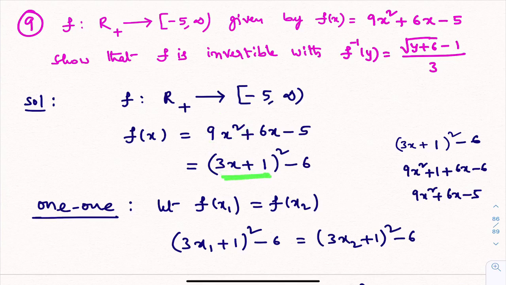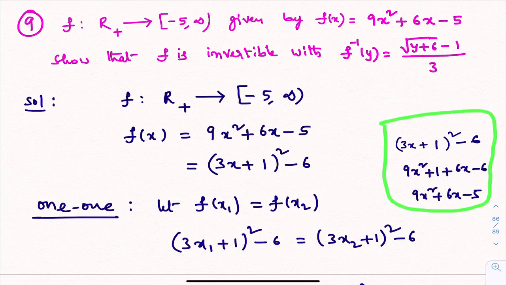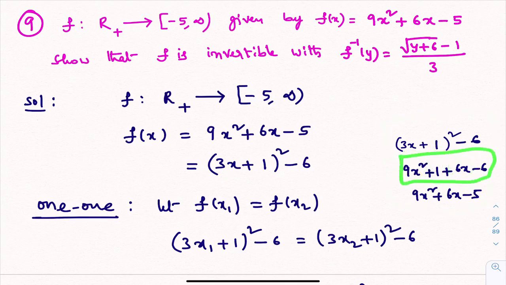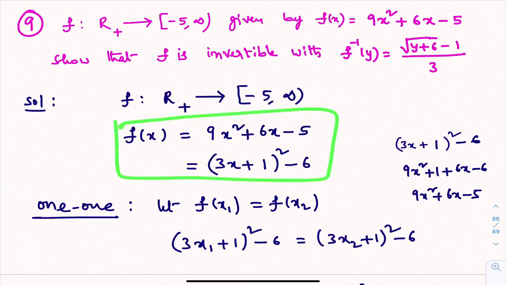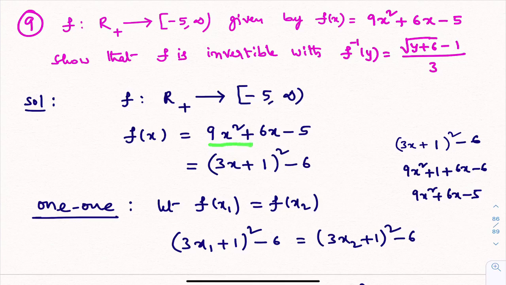When you expand this, you see here, I have written 3x plus 1 whole square minus 6. Expand this: 9x square plus 1, 2ab, 2 into 3x is 6x, minus 6. Please try to understand. When I expand this, I am getting this. Further, you simplify this: 9x square plus 6x plus 1 minus 6 is minus 5. In the integration chapter also, we will do problems based on this. There you will come to know how to write this 9x square plus 6x minus 5 in this form, right?